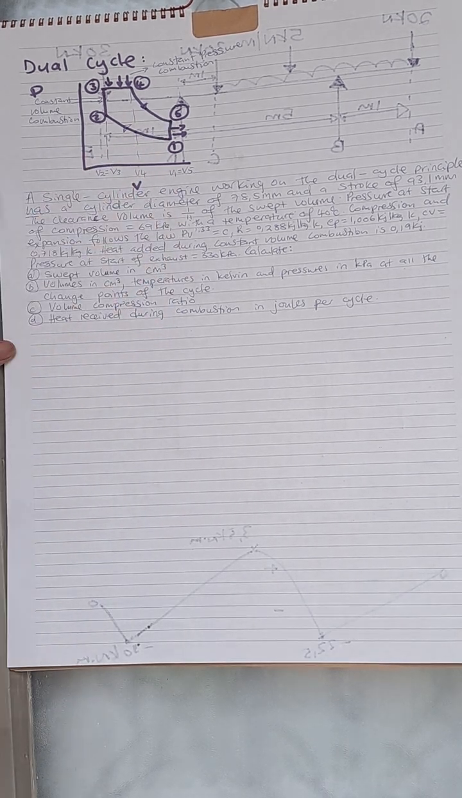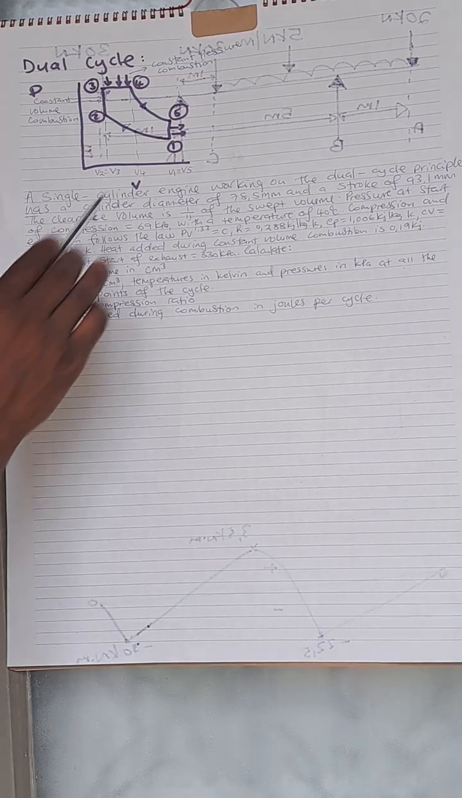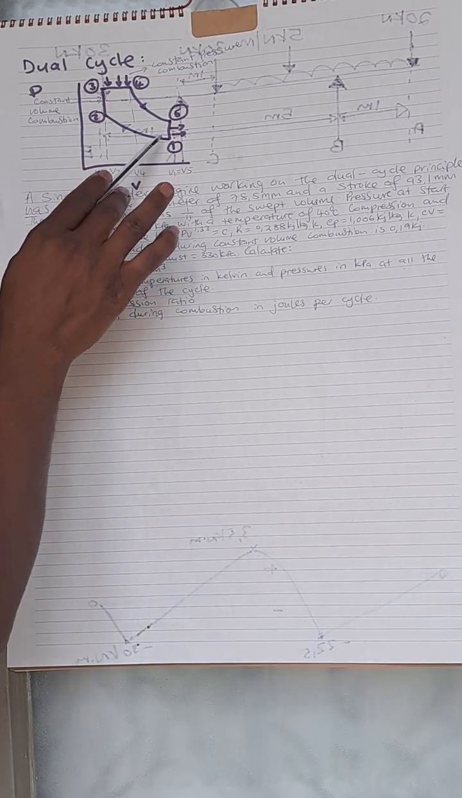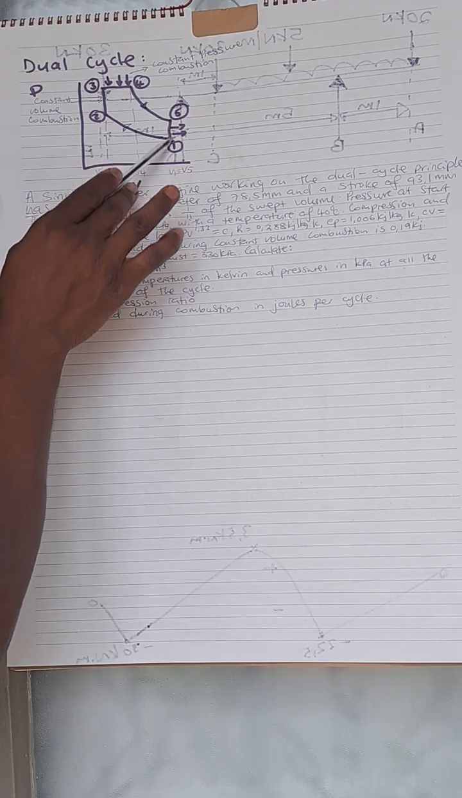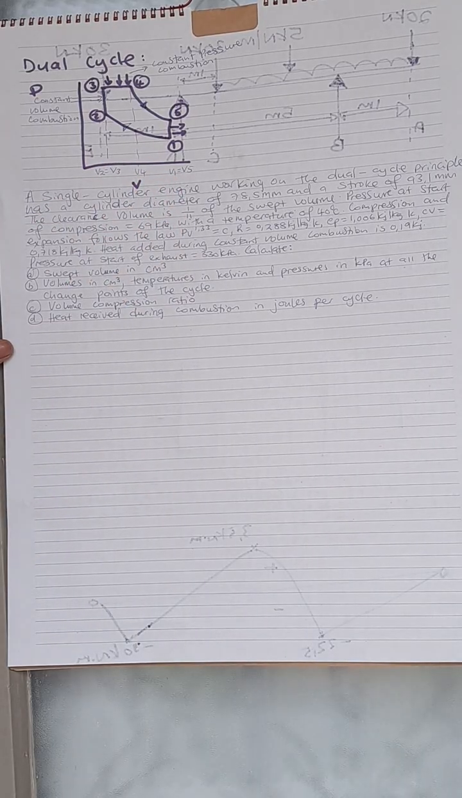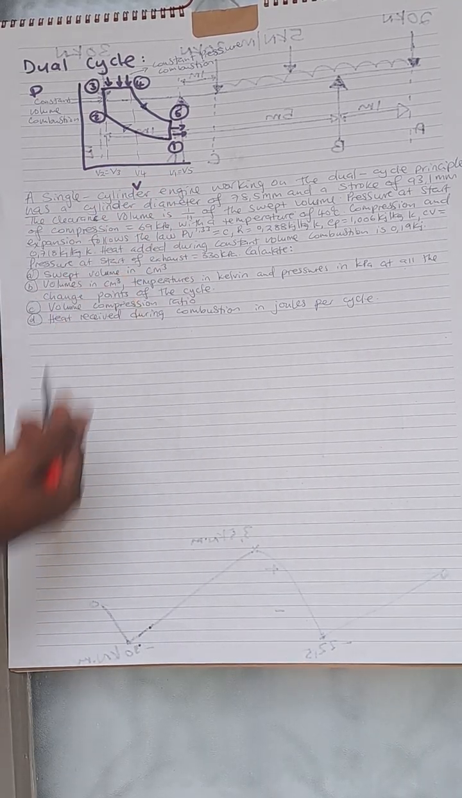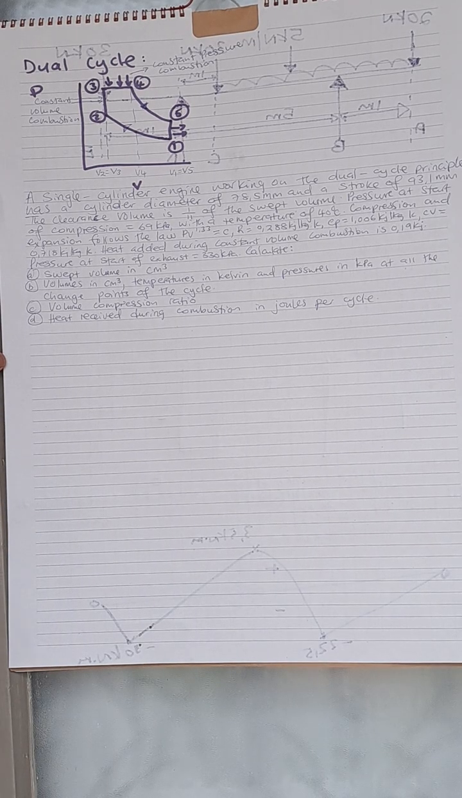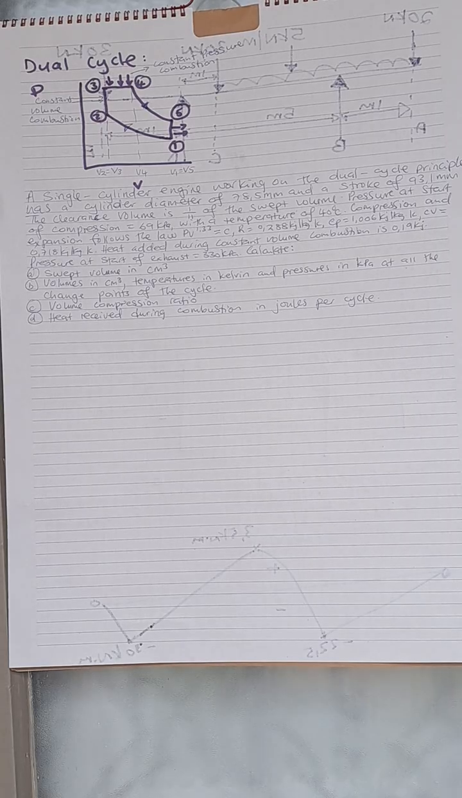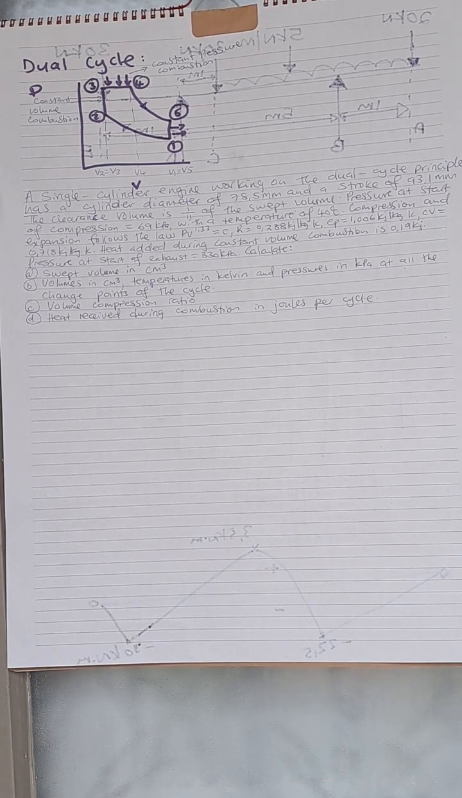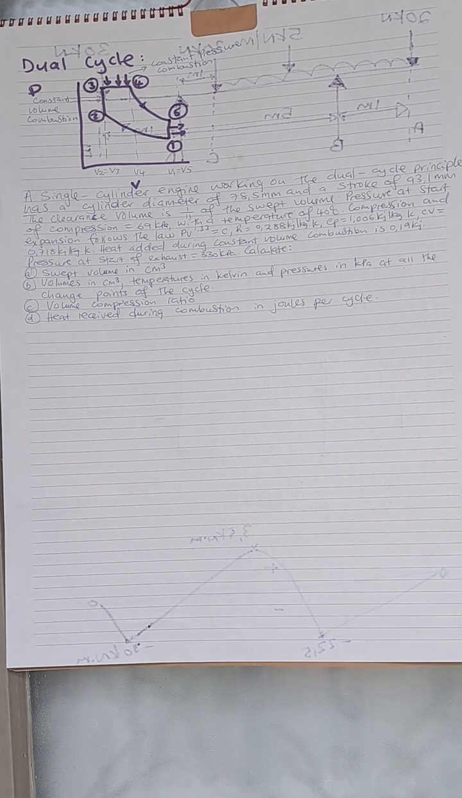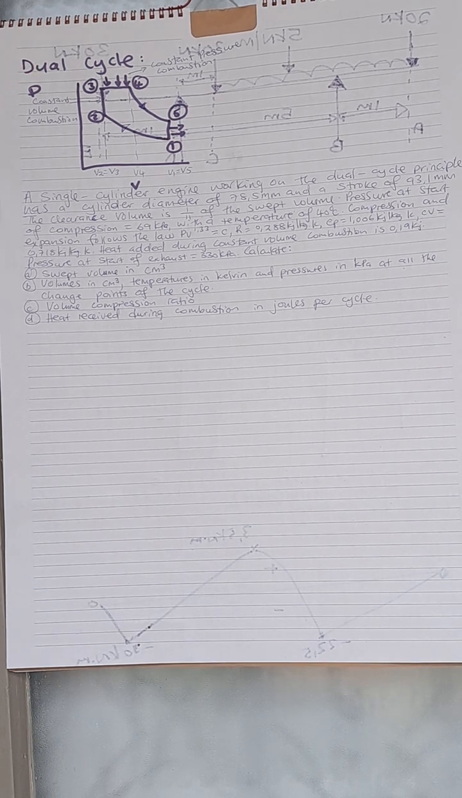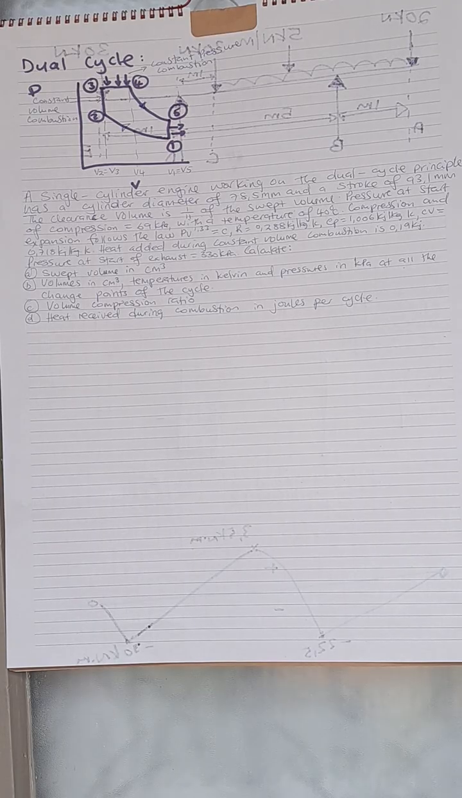Between point 5, which is the end of the expansion stroke, in between here we have our heat rejection or our exhaust. Now, one more important thing again about the dual cycle, as you can see, a dual cycle is basically a combination of an Otto cycle and a diesel cycle. So the term dual basically simply means that these are two cycles that have been integrated to operate as one